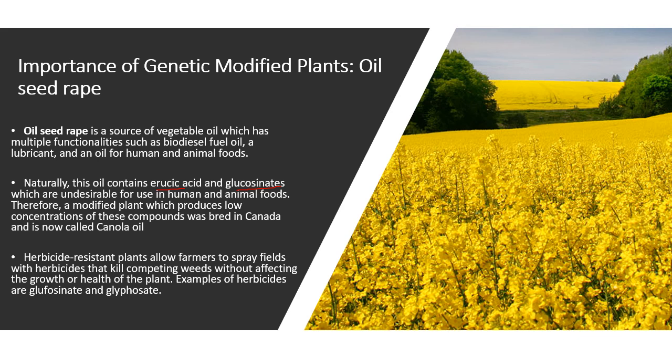And so genetically modified plants are plants that can also withstand what is called the herbicide, which I explained on the previous slide. The herbicides can be sprayed on these genetically modified plants without affecting them, which means that when you spray the herbicide on the plants, the weeds that try to compete with the plant will die, but the plant itself has been genetically modified to withstand that herbicide, and so it doesn't die. An example of this is glyphosate.